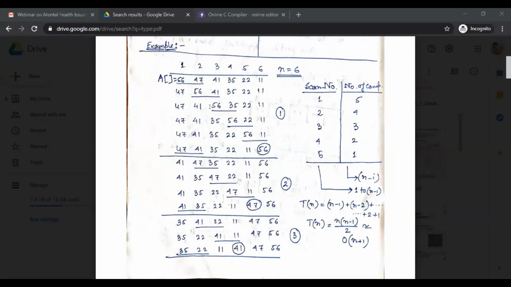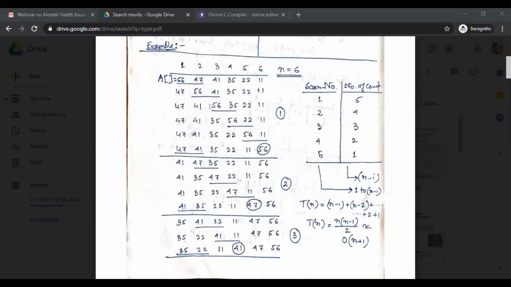So using a third variable we interchange the value of these two adjacent pairs. Actually I am not interchanging the position, I am interchanging the value of these two positions. Interchanging the value, not the position. I am just interchanging the value of A0 and A1.